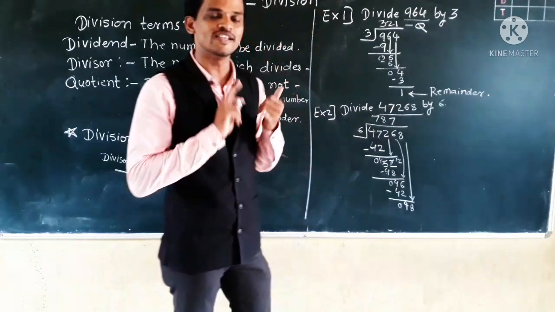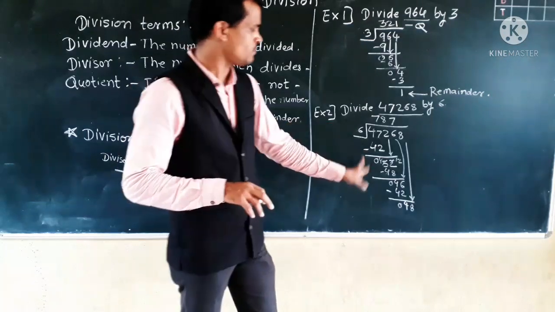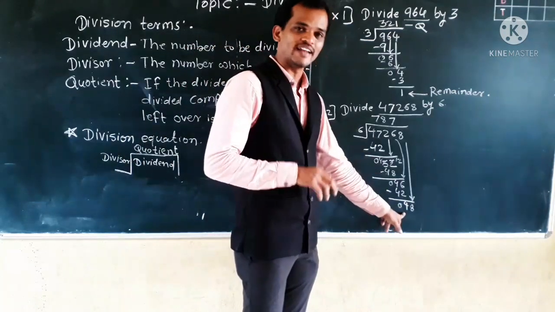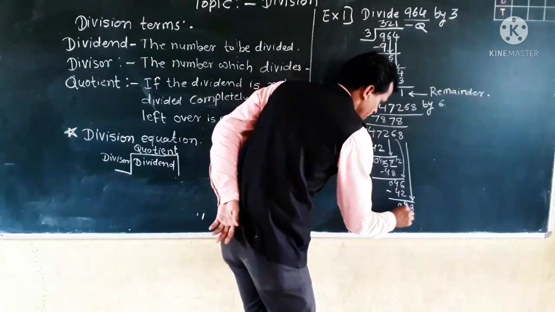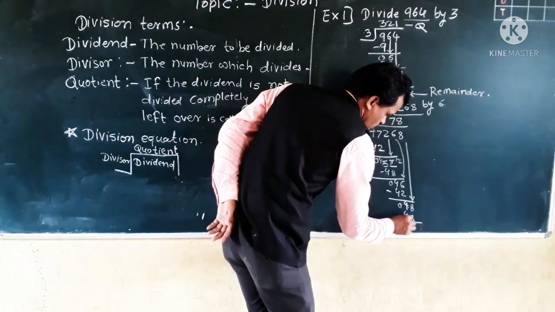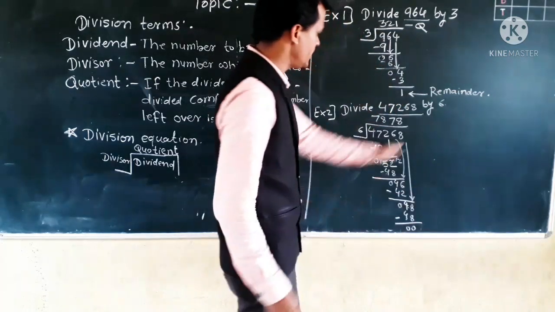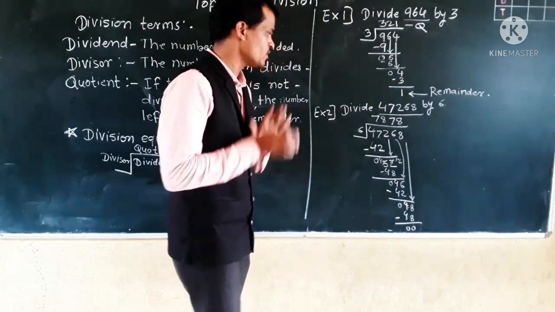Okay, so you have to recite the table of 6 till 48 comes. In the table of 6, 48 comes at the 8th position. 6 8s are 48. Now do this subtraction. 8 minus 8, 0, 4 minus 4, 0, and here all digits finish. So our answer is ready.